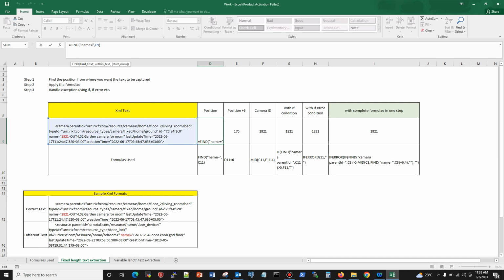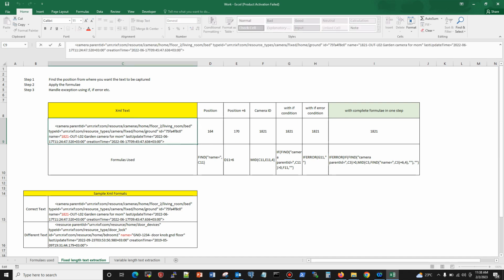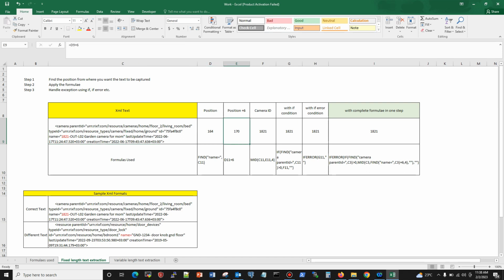I'll search for this name within this text, and I'll see the position. So here, position plus 6, what does that mean? 164 is this particular position here. Plus 6 is here. I want to extract text from the characters from here, right? So I need to find this position. 170 is that position. Then I apply the mid formula, mid